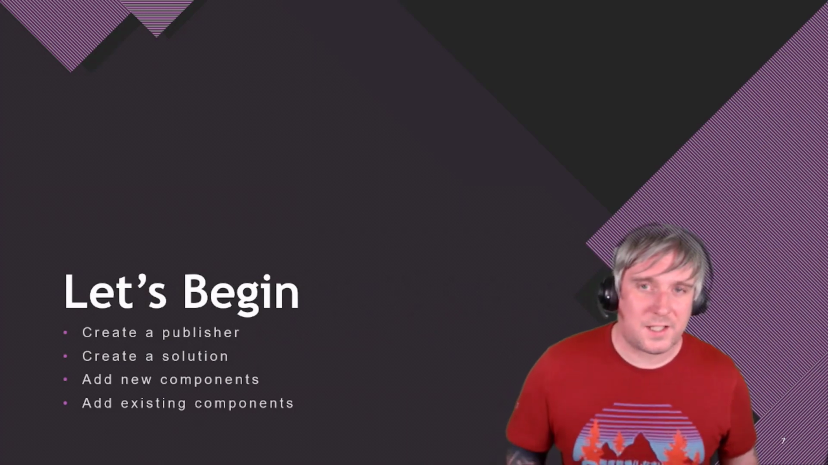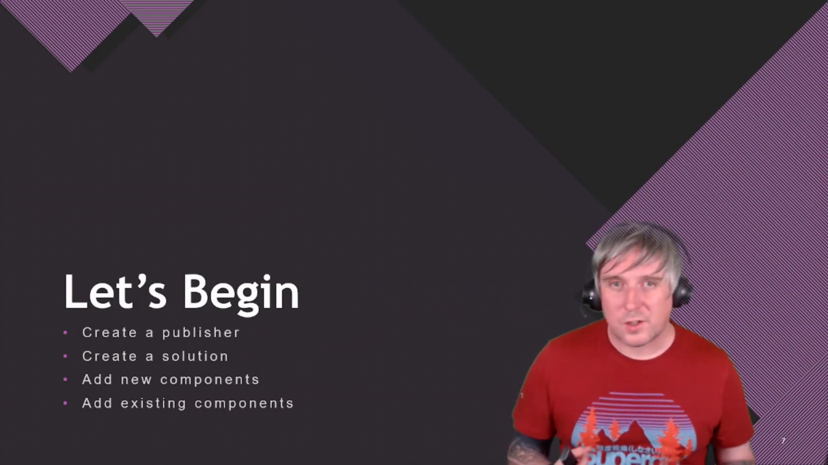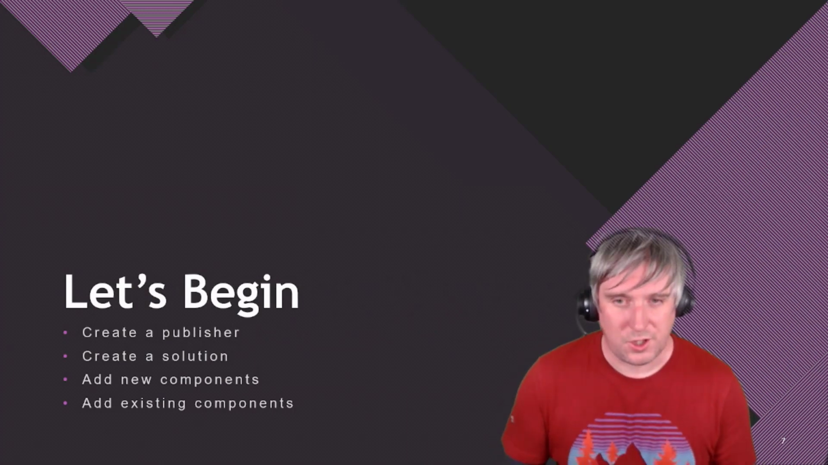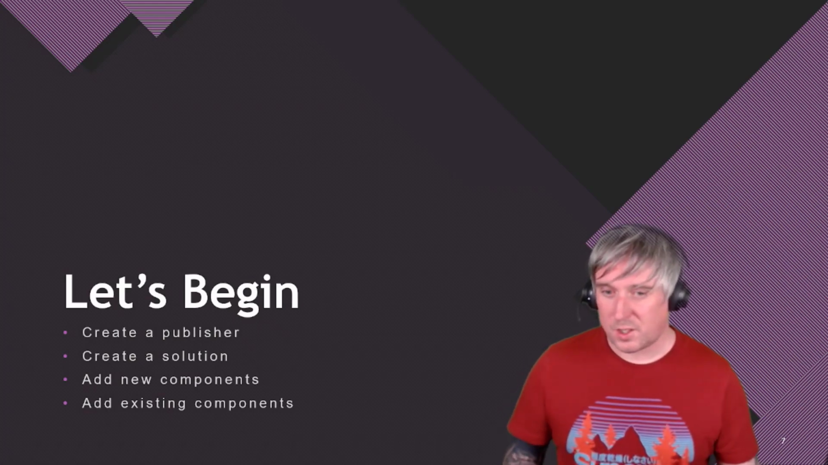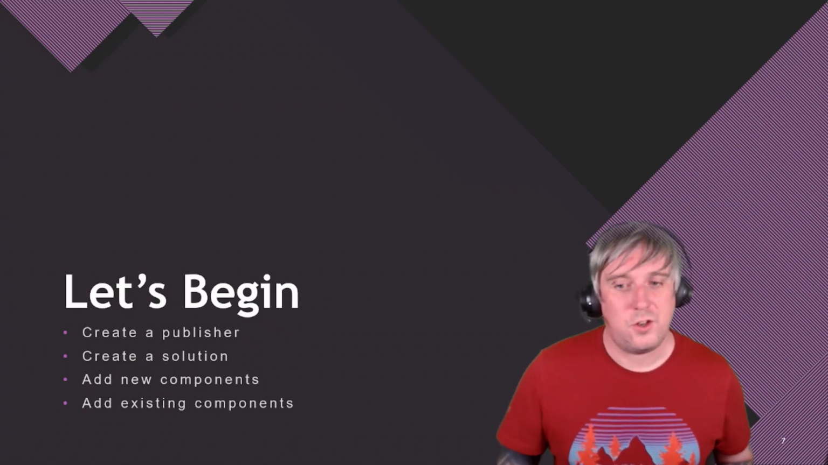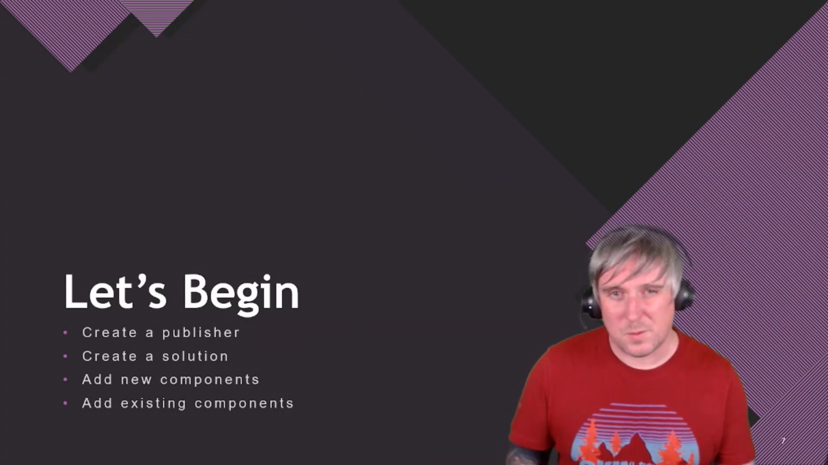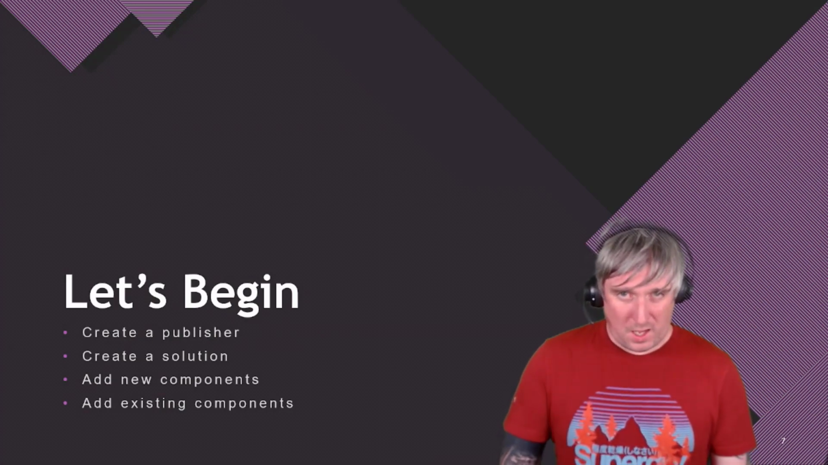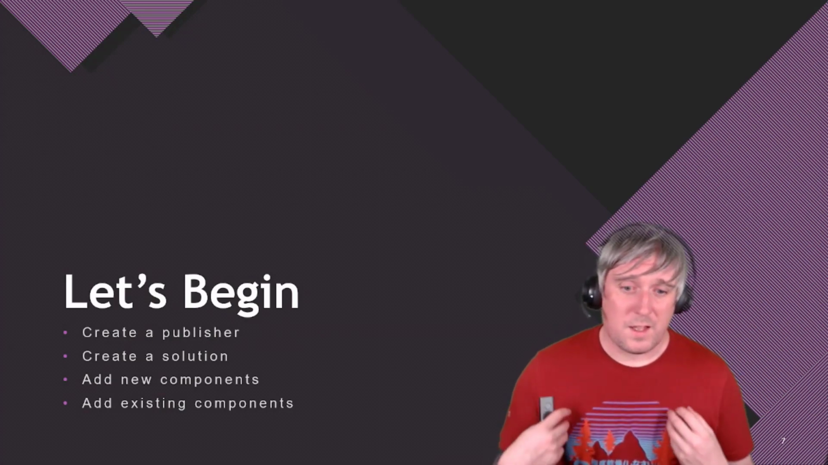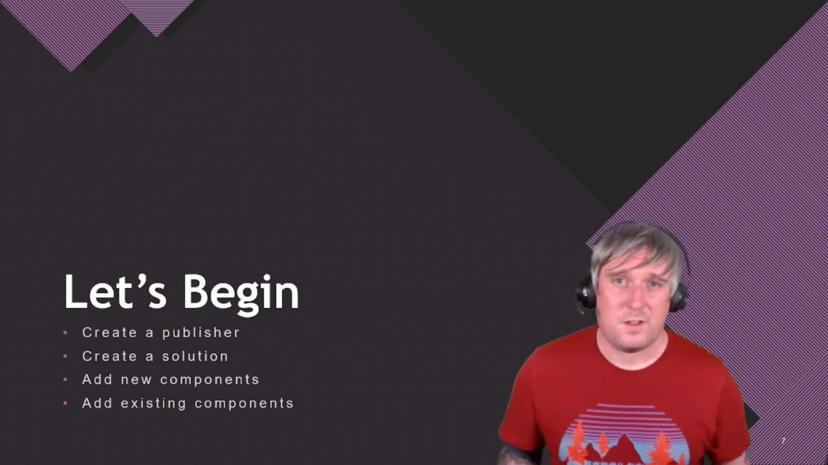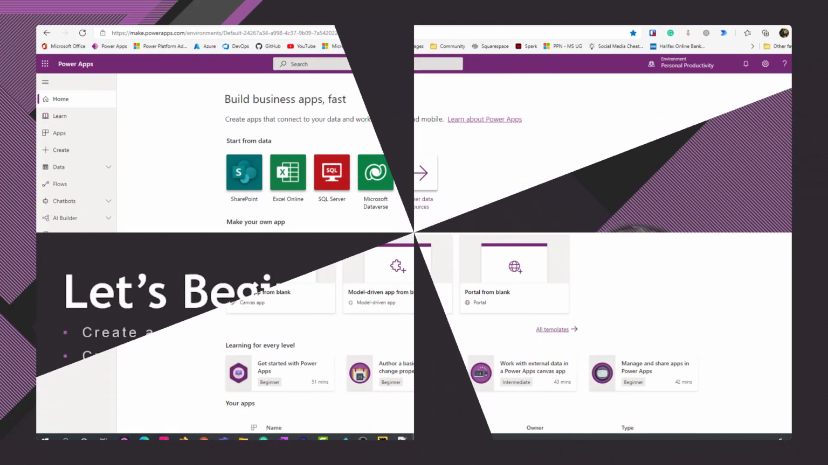But first, let's start at the very beginning. We're going to create an unmanaged solution. We'll create a publisher, create the solution, and add new components to it. And we'll add existing components, and we'll look at how our publisher record affects the components that we add and create. Let's start by getting into